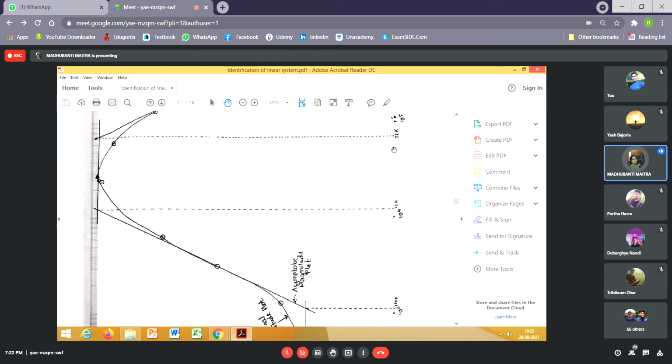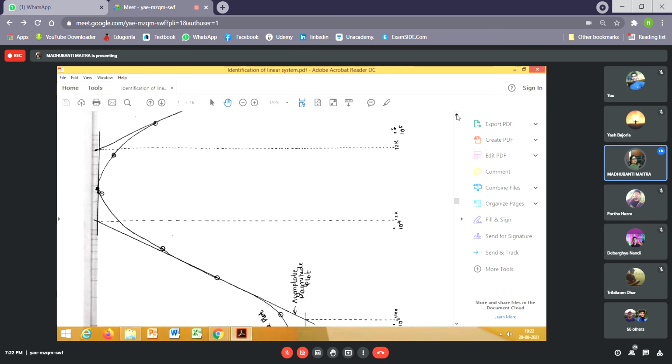You'll have to brush up the knowledge on Bode plot. So you'll have to construct this plot. I don't know whether these values are correct or not. I'm not at all sure. So while you'll be preparing your report, you'll have to plot this.